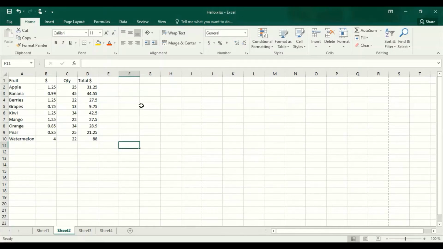COUNTIF is a bit easier to understand. It looks at a range of cells and tells you how many cells meet the criteria you put in. Let me show you. If I want to see how many numbers here are values less than 30, I would